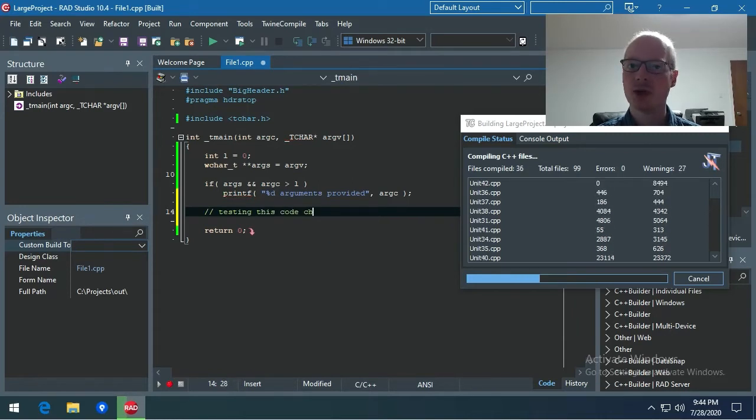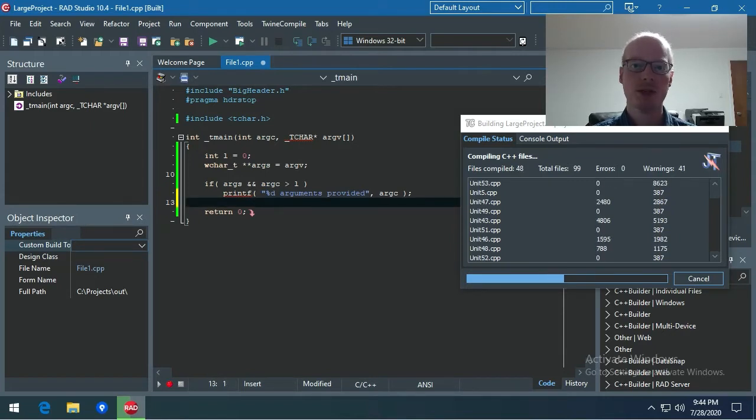For example, I can edit this file with the CPP, I can remove the comment I just put in. The compile is happening in the background, I get to see the progress, but it doesn't interfere with my working on the code base. That's all very well and good. But the dialog box is kind of annoying because it's sitting on top of everything and I want to look at things. So the next thing we want to talk about with TwineCompile is the fact that all of the